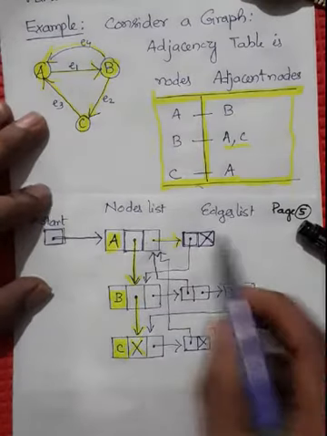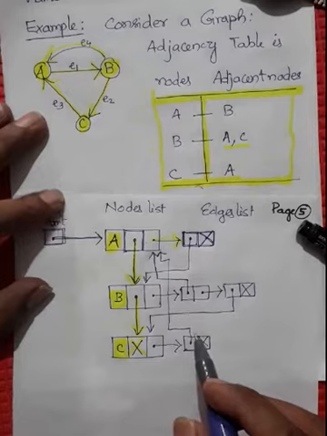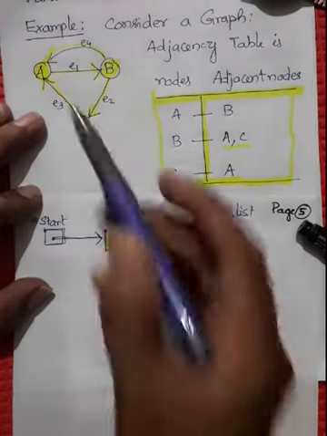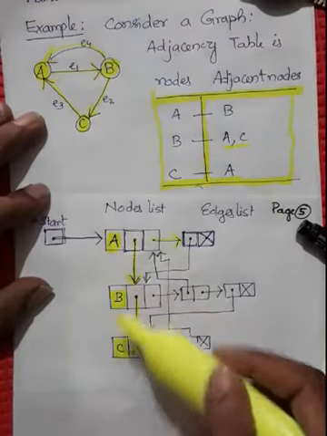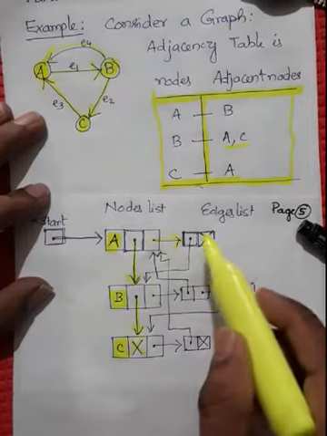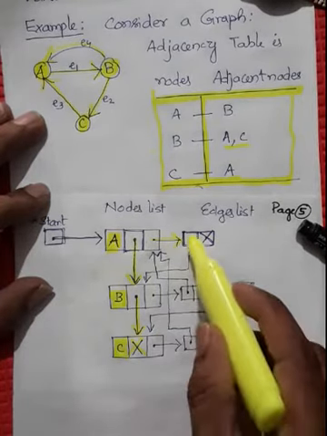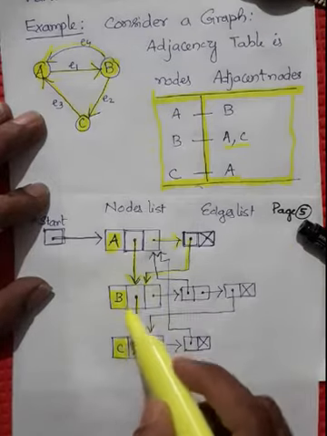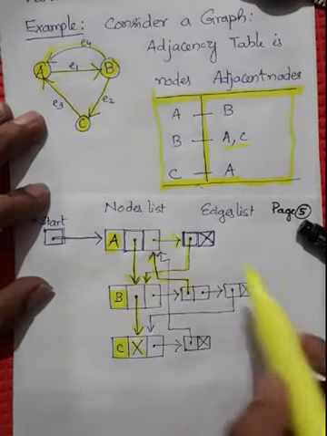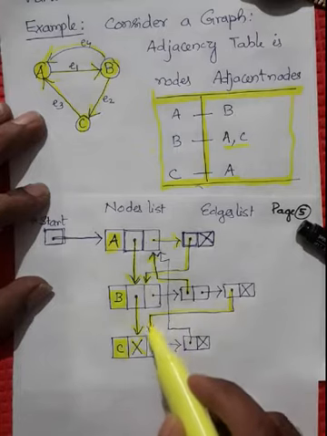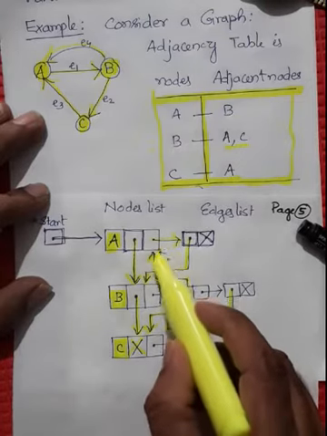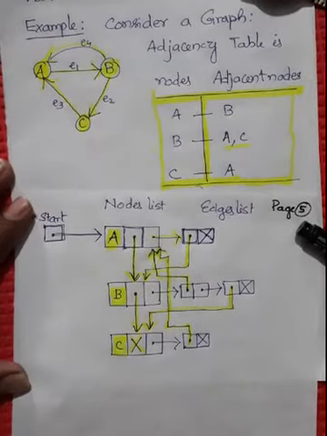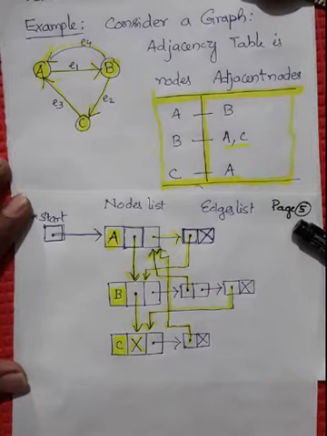Now this particular graph is represented as a linked representation. If you identify the nodes, the nodes are A, B, C, and the edges we can see through these edge pointers, the edge list. A to B there is an edge, similarly B to A also, and B to C also there is an edge. Similarly, if you see this pointer, C to A also there is an edge. So this is another way, the linked representation of the graph. Thank you. I hope all of you have understood. Thank you very much.